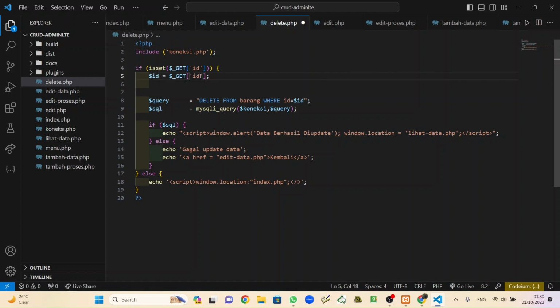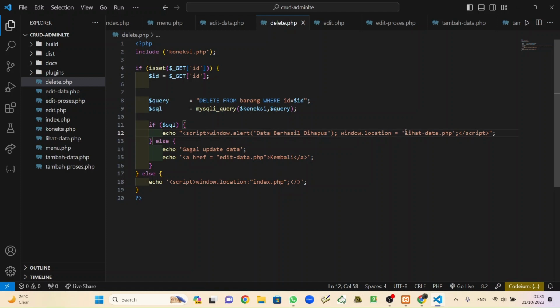That means what the URL gives us, we will keep it here, and use the identity of that ID in the query. And I hope you understand it. And then SQL is the same script, window alert data berhasil, not diupdate but dihapus. It means the data is deleted.